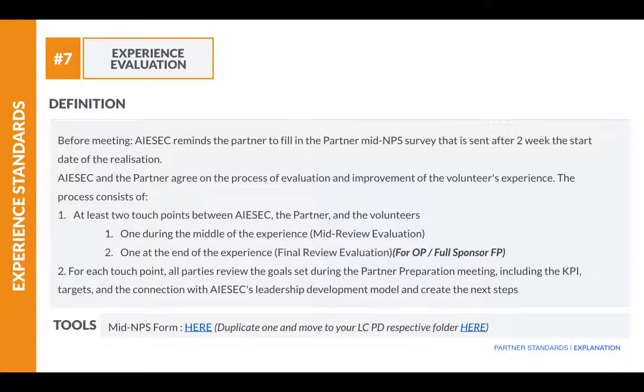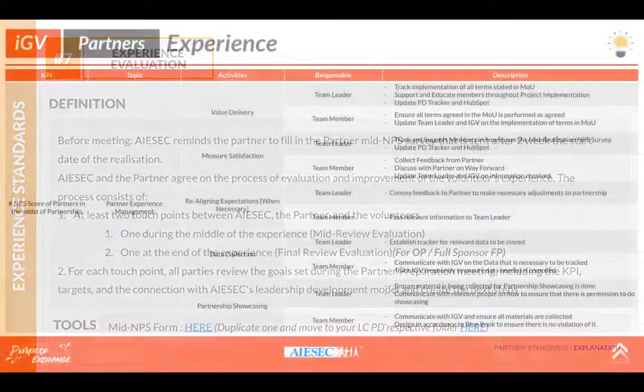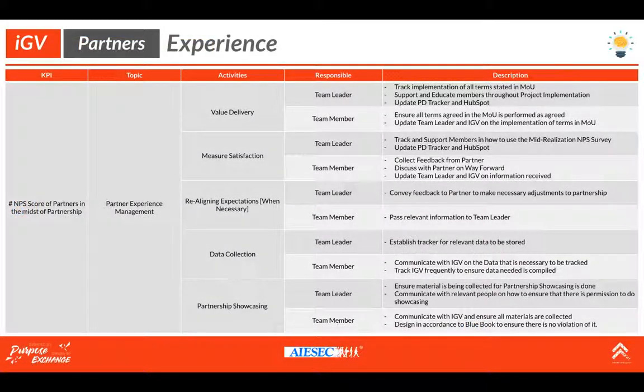Inside all the questions, it allows you to actually collect information to prepare for this evaluation meeting itself. Cool, so this is a bit of the XOP as well. You can just pause and then read through the information, what you need to do as a call to action. Certain activities, for example, value delivery, satisfaction measurement in the middle of the partnership, and then realignment again, and then collect data. Lastly, showcase your partner experience because it's already 3 months past.